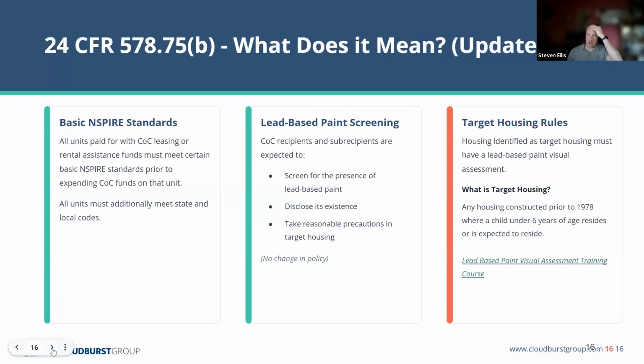When we break that down, once again, we don't know the Inspire standards that will apply to the COC program, because each program office has a little bit of flexibility, but your units will also have to meet any state or local codes or more restrictive ordinances, so that won't go.